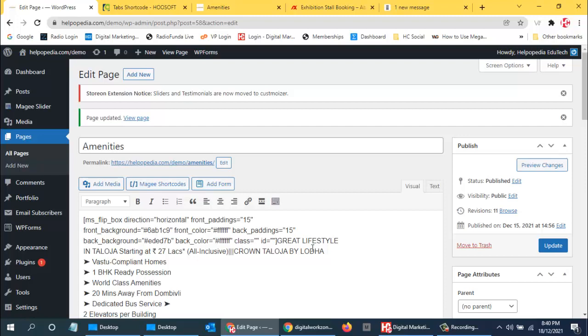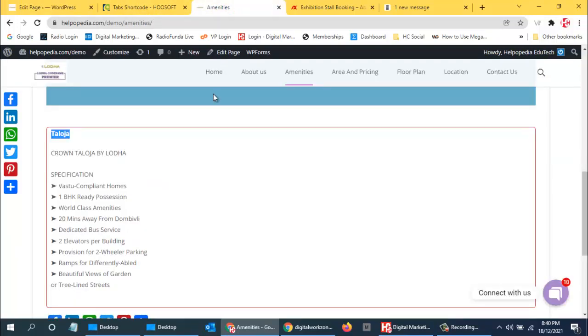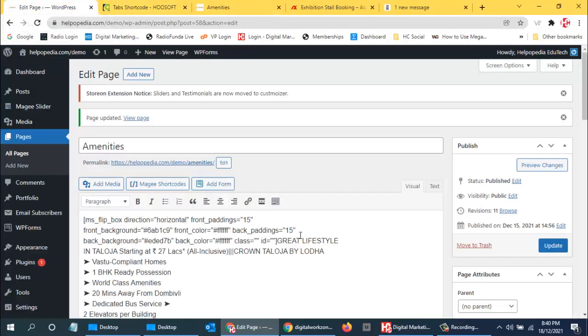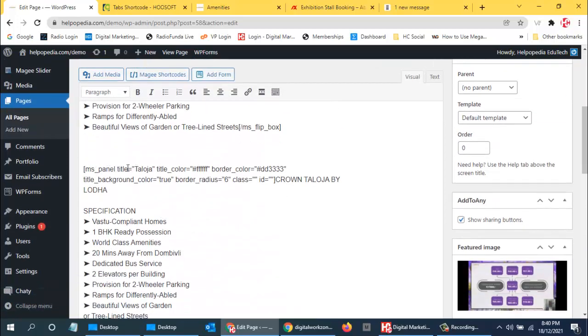Yes, so only for Taloja it is not coming up. Where is Taloja? Okay, so it is over here. Taloja title color is this, and the background color we wanted is red. So for red we can use FF0000, so that we can use. And this is the title. Okay. And yeah, so Crown Taloja, like this it will come up.